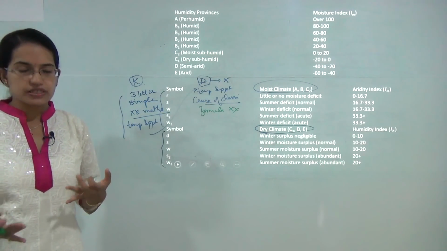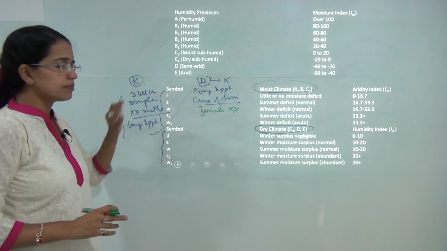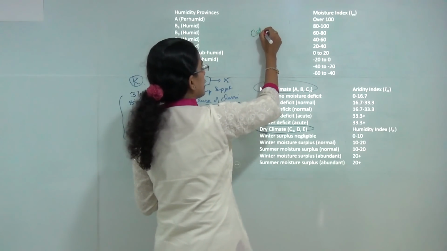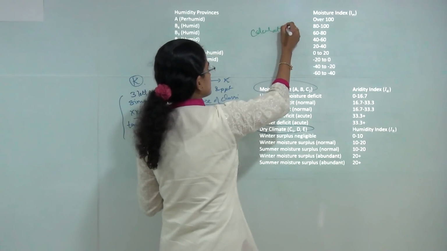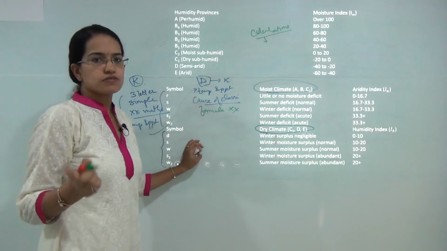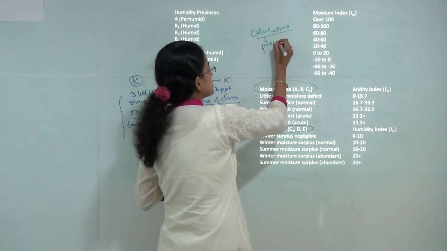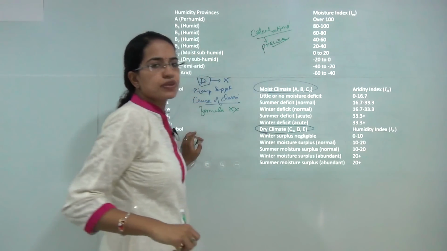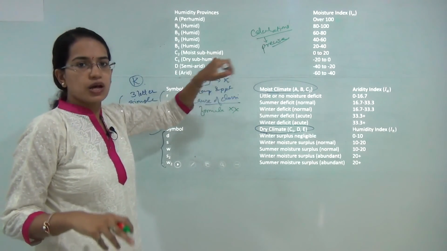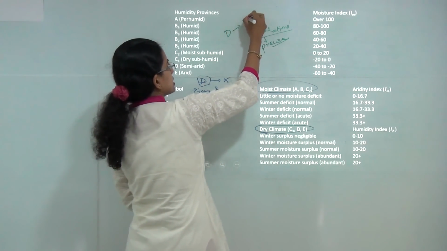When I talk about Thornthwaite's classification, the major merit was it was similar to Köppen's classification, but it involved calculations and mathematical relations, and that led a lot of geoscientists to believe that Thornthwaite's theory is much more accurate and much more precise as compared to Köppen's theory. The next benefit of this theory was this was applied to larger areas. However, there were certain demerits of Thornthwaite's classification.